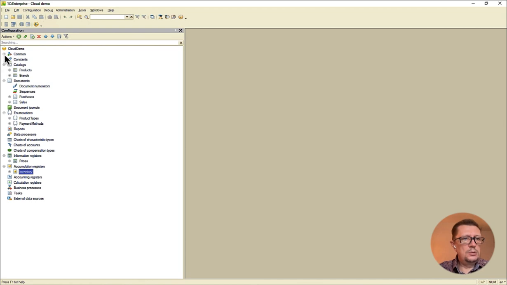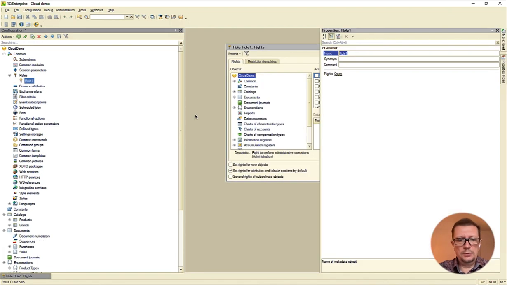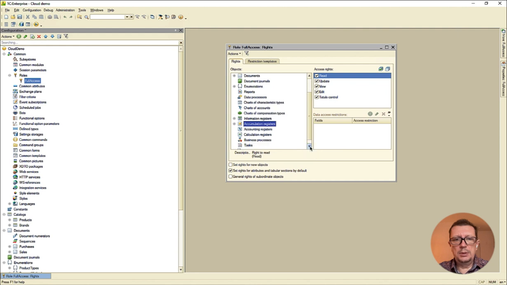So as you know, to start adding users, I need to add at least 1 role first, and let's call it full access, because access rights considerations are not the topic of today's discussion. So I'm just creating a single role, and I give it full access to everything I have inside of my application without even thinking about it.